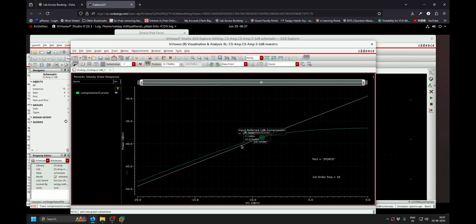So in the first circuit we got around minus 16, and when we brought down the operating point close to 0, it went probably to minus 22 or something, right? And now in the third circuit we reduced the gain, so from minus 16 we have improved the 1 dB compression point to around minus 9. Okay,